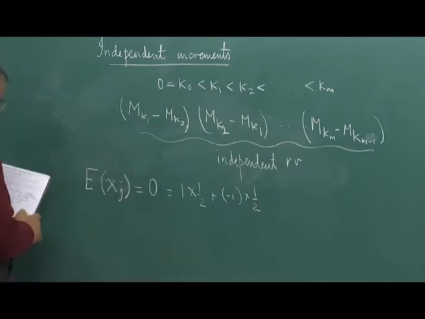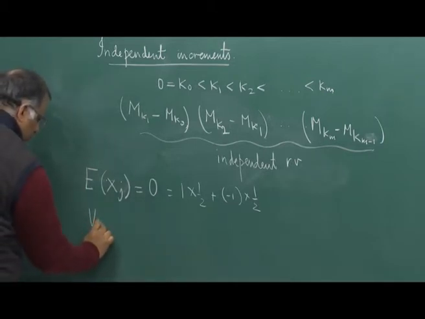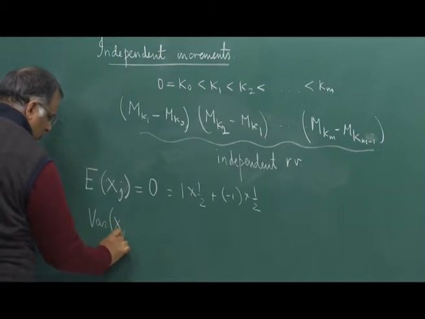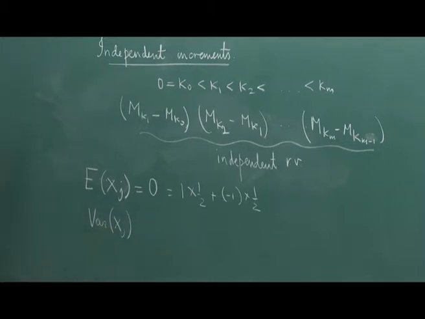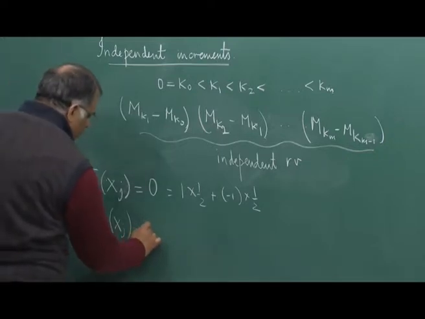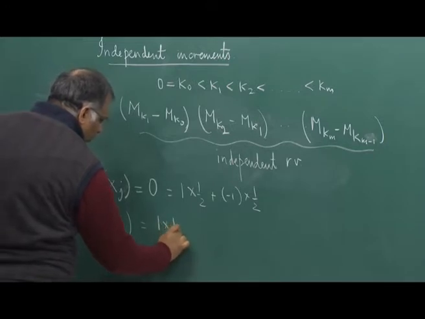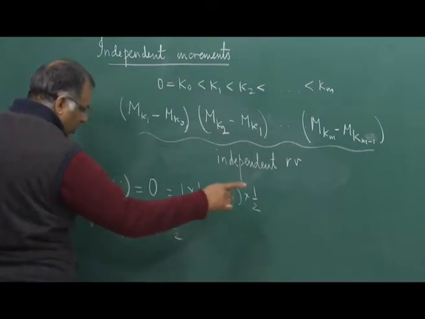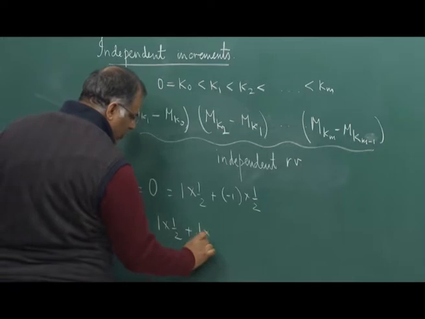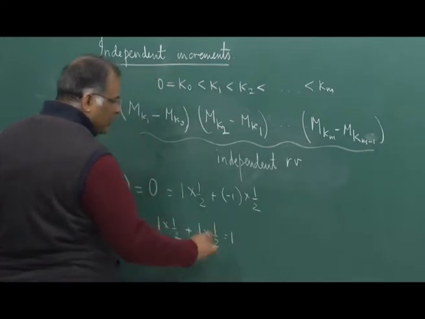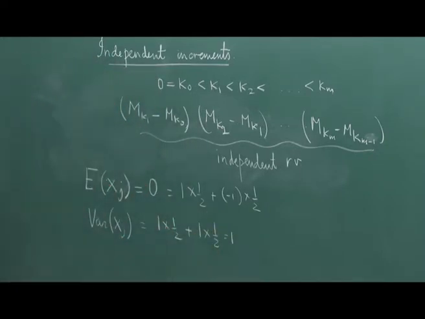Variance of Xj. So, what is the variance of Xj? It is the expectation of (Xj minus E[Xj]) whole square, where E[Xj] is 0. So, it is 1 into half times (plus 1 minus 0) whole square, plus 1 into half times (minus 1 minus 0) whole square, which is 1. Once you have this information, this is true for all j,